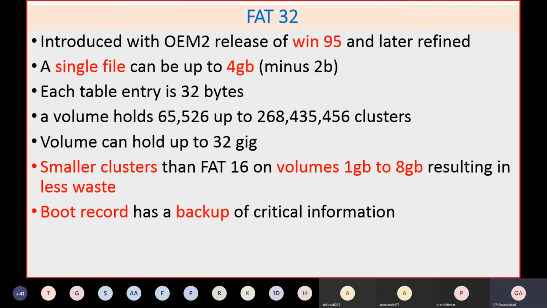At the same time, because of this, in FAT32 the cluster size becomes small. So more files can be created, and as the cluster size is small, there will be less wastage of space. I'll explain wastage of space with one simple example. Once I start, I'm going to show you three things on the machine. If I forget, you tell me: how to show the wastage of space, how to see disk management, and how to see the attributes of any file, which probably you also know.